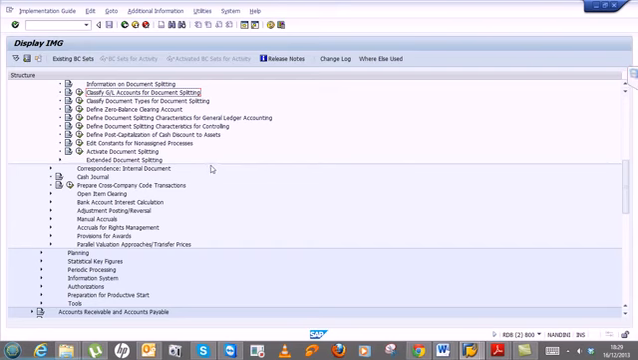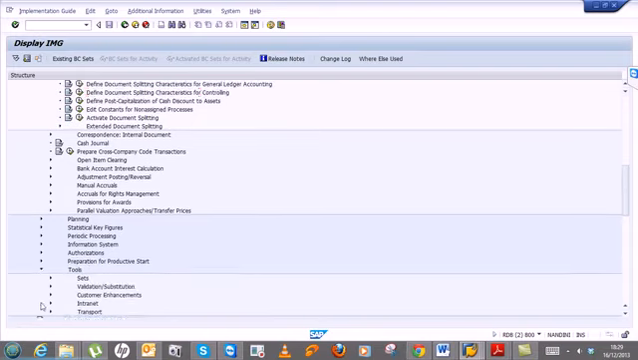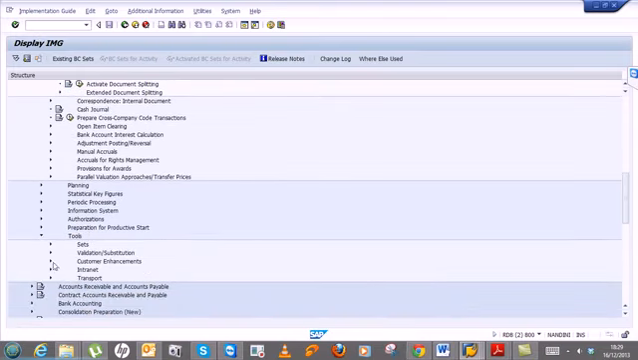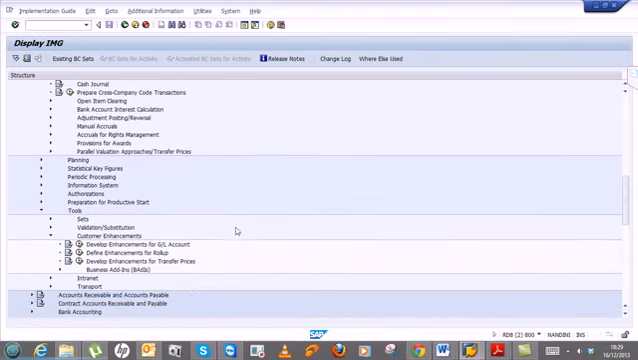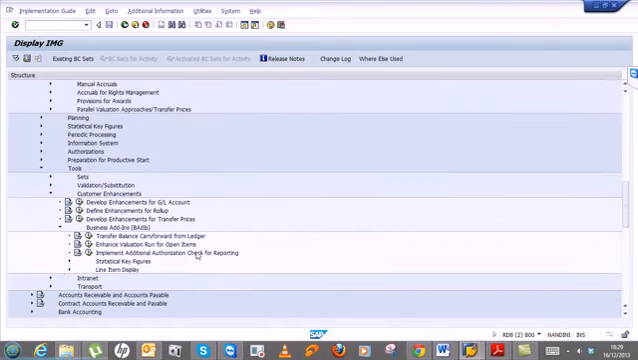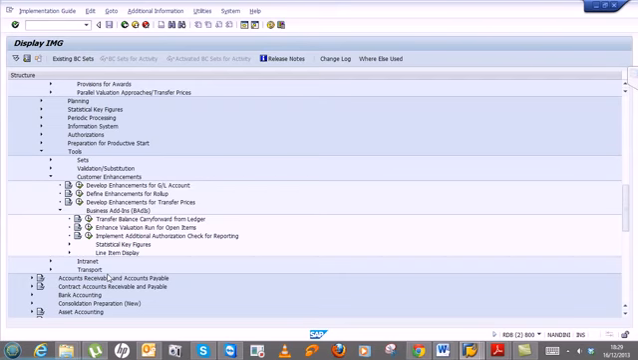But you can also, if you have the options here, go to the tools and click on customer enhancement. So you have to enhance it, it's called user exit. Probably you have heard about user exit. So you have to enhance the